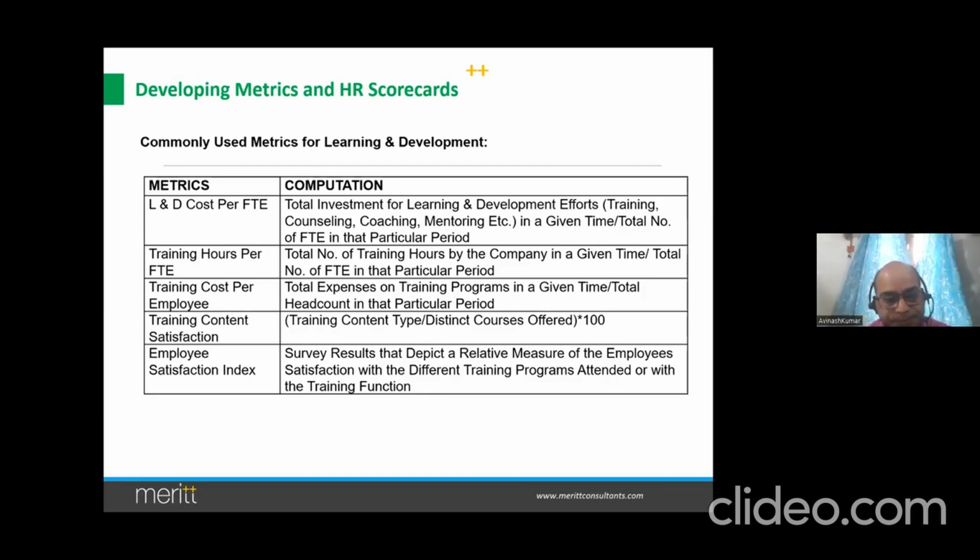Then every organization has something written down, saying so many training hours we have to do for our employees. Do you have that in your organization? Yes, two full days or three full days, there's something like that. Now training costs, you can also track them. Then even satisfaction, you can track them. In fact, you have the Kirkpatrick model.